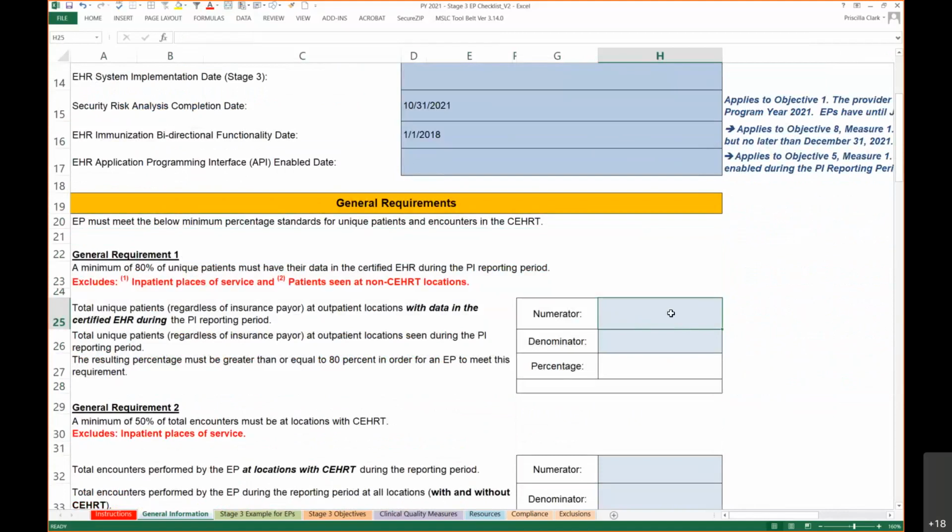So say you saw 100 patients, and all those patients are kept in CERT. You want to put 100 over 100, and then it's going to say requirement has been met. Now say you saw 100 patients, so that's in the denominator, but only 20 of your patients are kept in CERT. The 80 other patients that you saw during the reporting period are not kept in CERT. And so when you put that 20 as a numerator, it's going to tell you that you do not meet